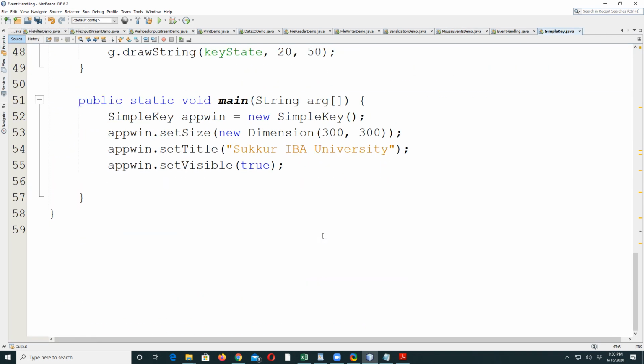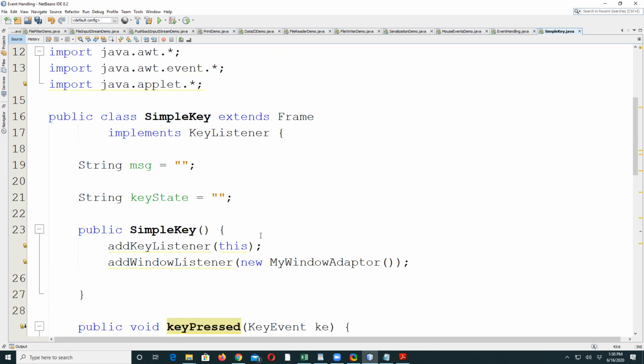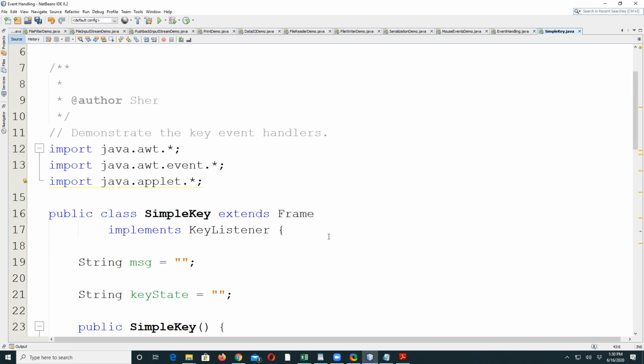I hope you will get a good idea that you can handle these events either by implementing the interface directly, in which case, as Java's rule, you will have to override all the methods of the interface, right? But if you say no, I am not interested in overriding all the methods, then you can extend from the corresponding adapter class.